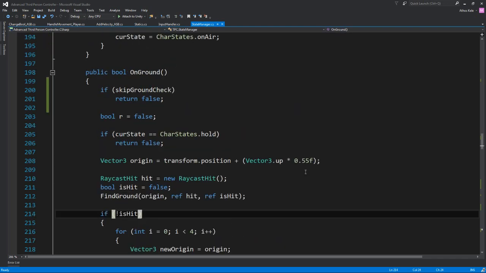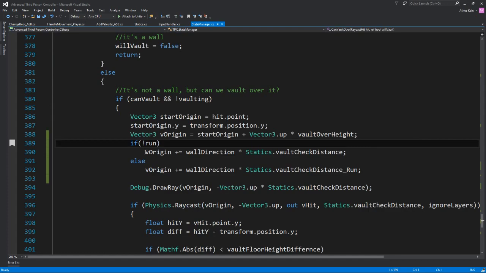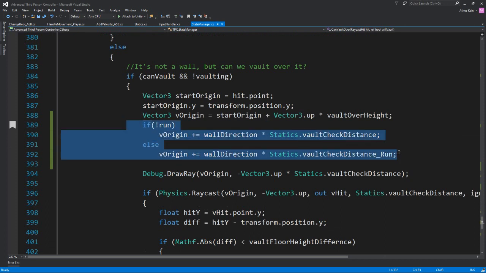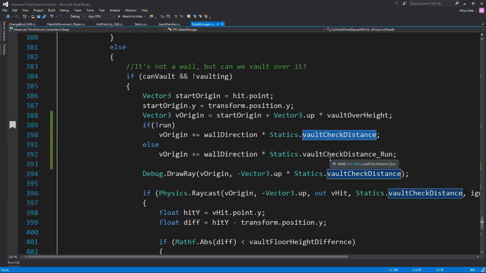And over here, which is inside the vaulting, when we are running, we were doing a check to see if we can vault if we found an obstacle. Okay, now because when we are running, we are also doing a check further away than our vault check distance, we add to this value. That could mean that when you are running, you could find an obstacle and your character will stop, while in truth we'll just want it to vault over it. So to fix that, we're going to